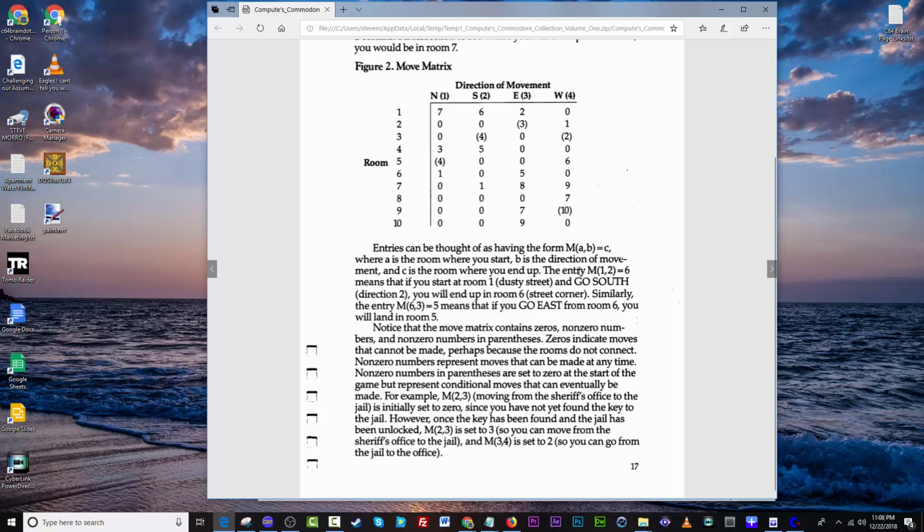And then here's where they're demonstrating it, and how you move. The entry 1, 2 equals 6 means you can start at room 1, which is the dusty street, which is where we start, and you go south, you end up in room 6, which is the street corner. And it's the same thing for each room. So if you're at 6, 3, which is this one right here, you go east, which is what this one is showing, right? East. Then you end up,